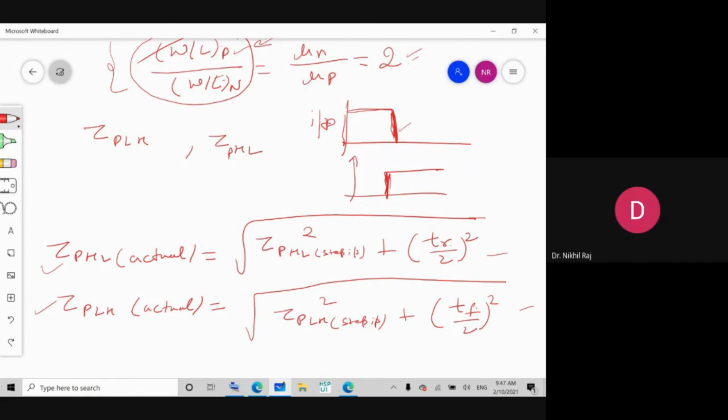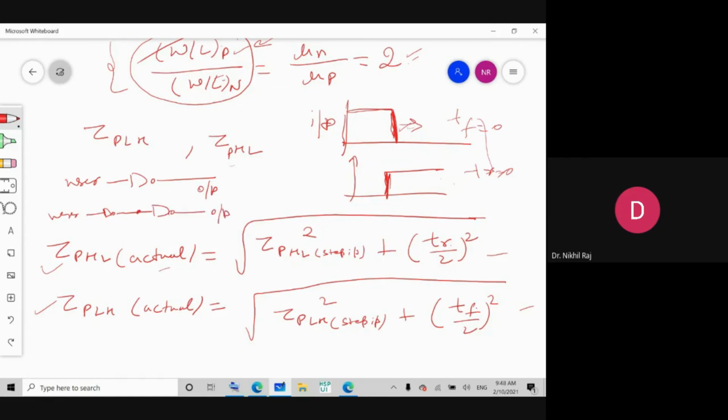Sir, can you repeat the last steps again because your connection was not proper? See, when we calculated TPLH or TPHL, we assumed the input to be ideal. Here we considered fall time as 0 and rise time also 0. We said no rise and fall time exist. But in actual, what happens? This is the case when the user is providing the input to the inverter and we are looking at the output. But sometimes the user provides the input to an inverter and this inverter provides input to another inverter, and then the output is here.